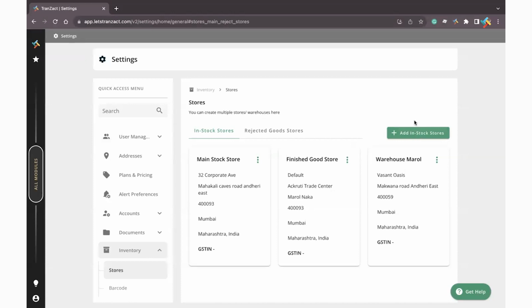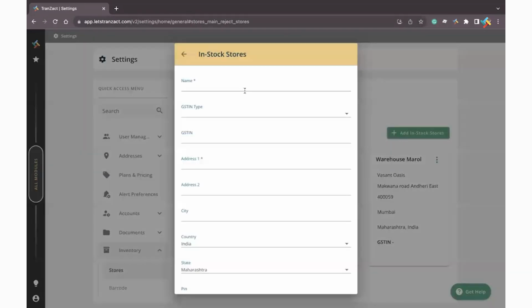On your right hand side, you will get an option of add in-stock store. Click on that, and then you can give a name to the store. So let me quickly add a store. I will go ahead and fill up all the details. GSTIN type and GSTIN store are required if you are doing bill from, ship from, and while creating e-bill, it will be helpful. So address 1, it is 32 Corporate